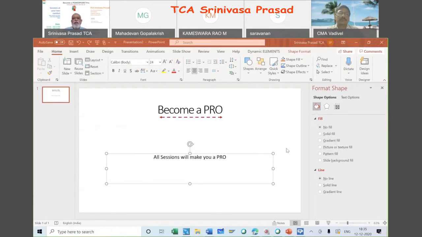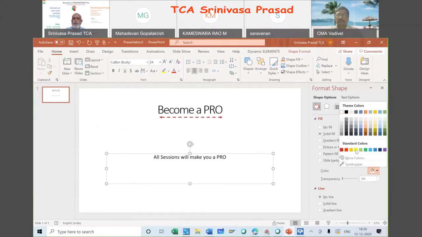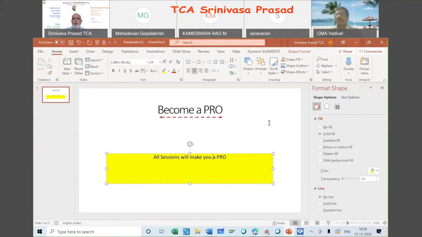Now you can decide your own background for all the slides also if you want. That also you can make. Or for each and every slide you can change a background. Let us say we have a slide background fill you want to do, or you have a solid fill. Now the moment I say yellow, then you can see this portion alone can become yellow, and I'll come to the solid fill and I can change this portion alone to be light green.